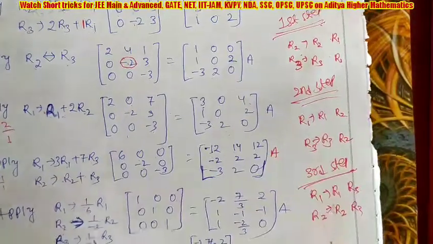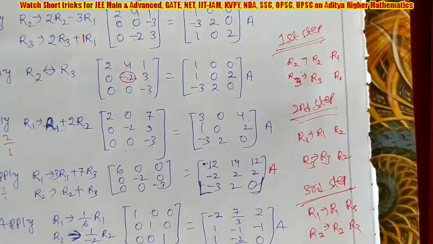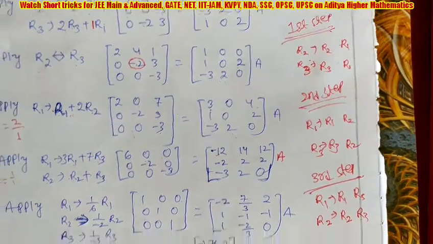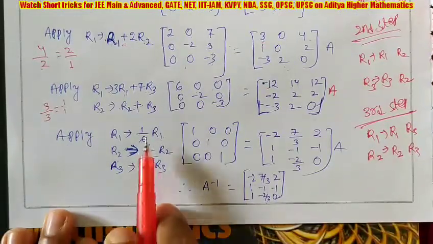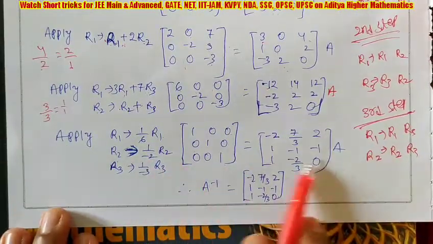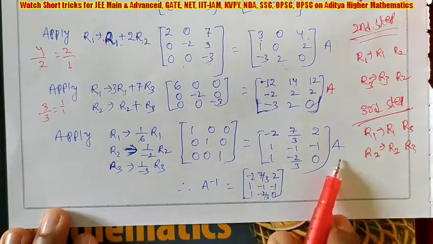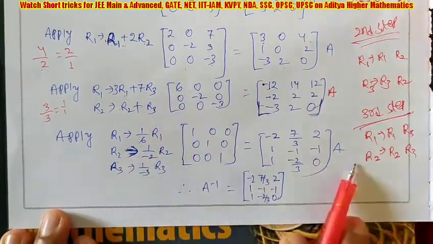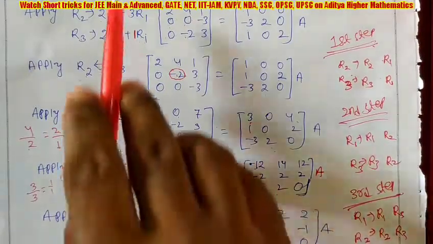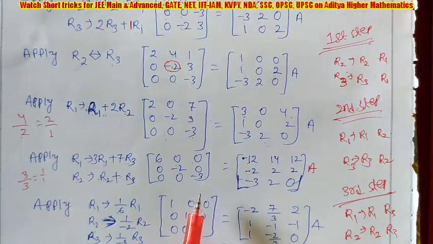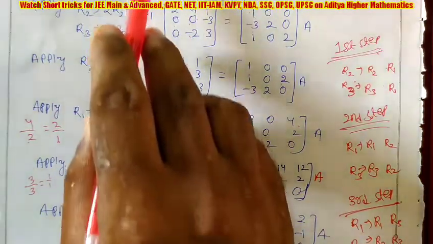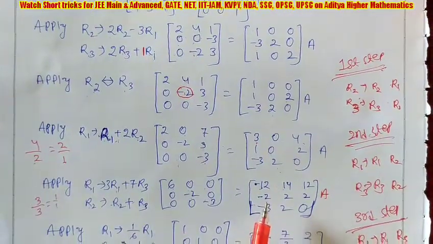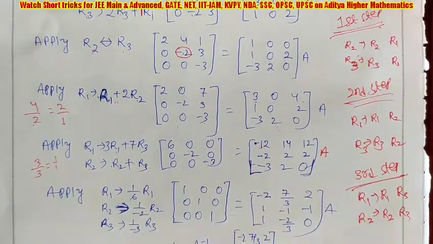So these are the processes you have to follow. I told you 3 steps you have to follow. These are the 3 steps. And I am not counting this as making one step because it is very easy. You only need division, nothing else. Whatever elements are coming, you have to divide. And you can see in the whole procedure of elementary operation, we are not getting any fractions. That's why we are getting it very easily. This is the difference. Only in the last step are we getting fractions, which is the answer.